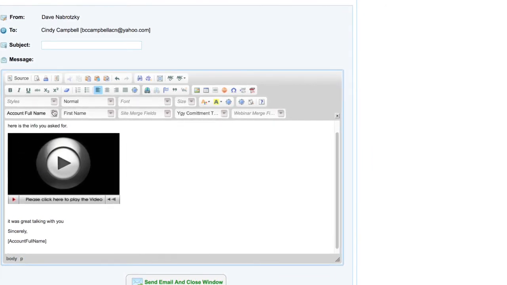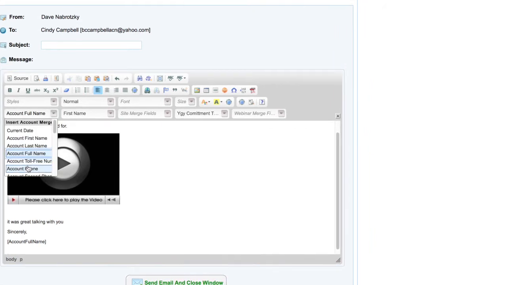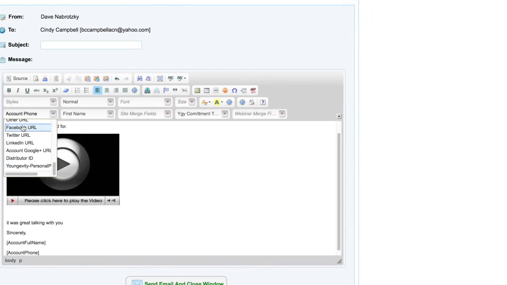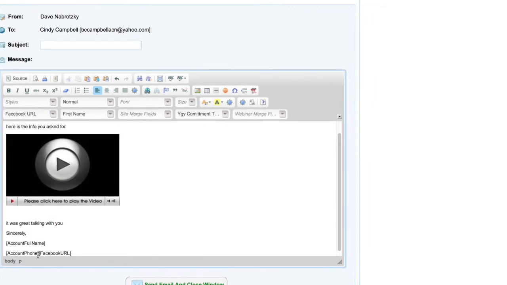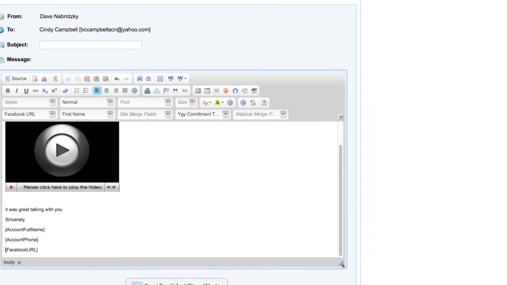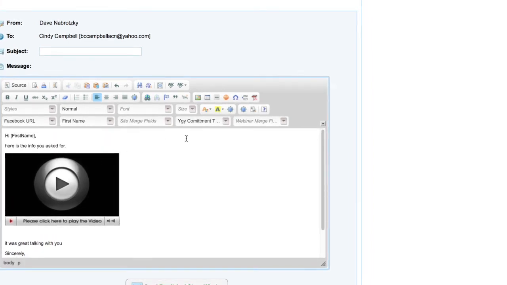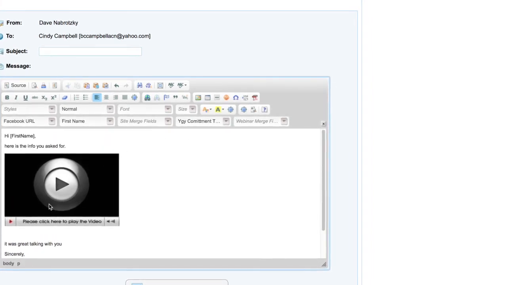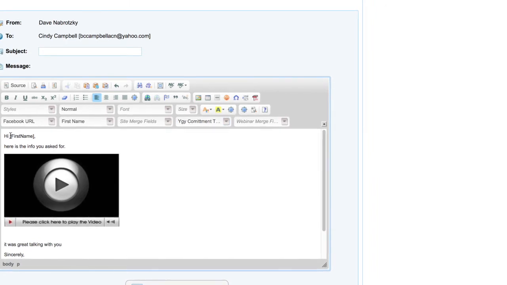I can do drop downs where I can put my phone number. I can put my Facebook URLs. Whoops, I should go to the next line. And so forth, okay? So you see how simple that is. You're just using simple drag and drop features. And the reason why I did it this way instead of writing in Hi Cindy is that if this was